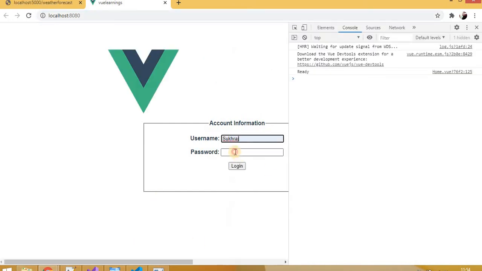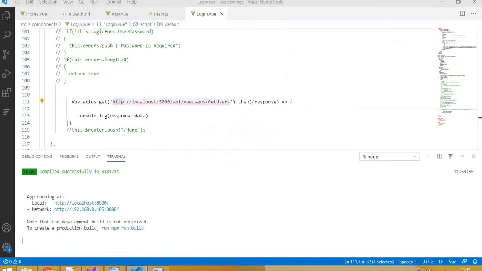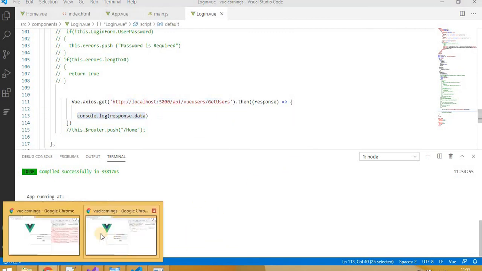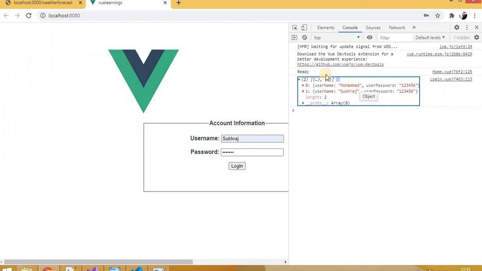Let's provide the username, then any password, and hit login. I'm not redirecting after the login, but I'm logging the data in the console.log. So this time we are getting the data from that particular web API.